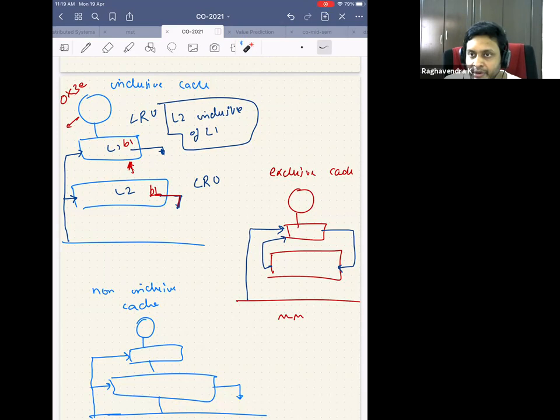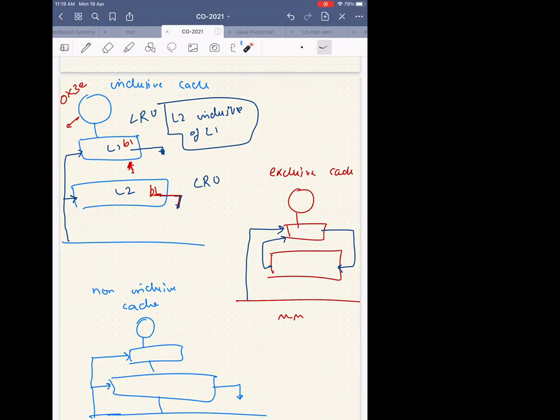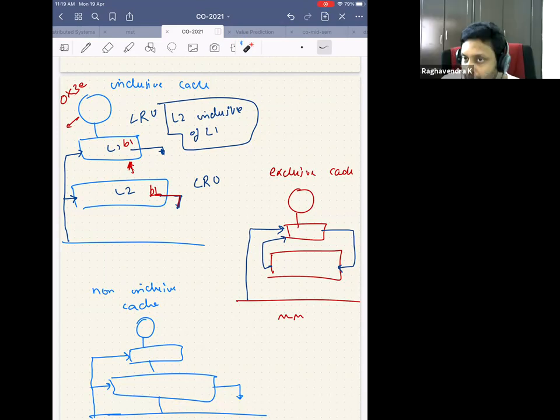The L2 can store only say 8 MB of data, and your process will be around 1 GB or 2 GB or whatever it is, right? So this L2 will always be full. There is nothing called not-full L2. So there will always be a collision. When I map it to something, I will have to replace something. Even if it's a fully associative cache, you will have to replace something.